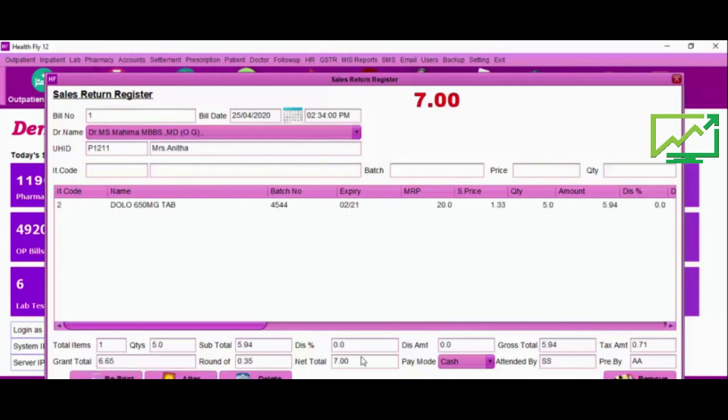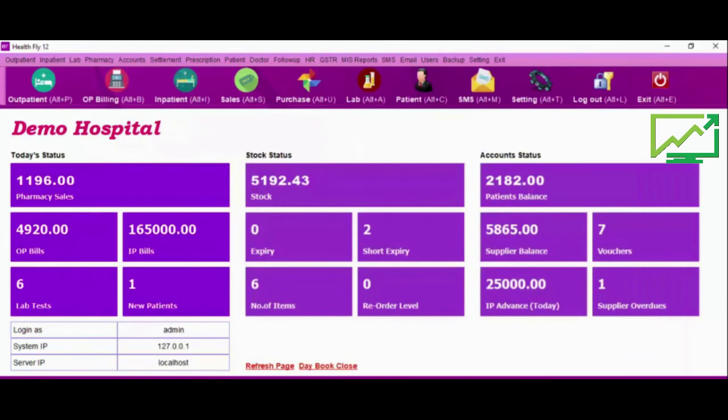So based on your needs, you can customize the software modules. From our side, we have given all the options.